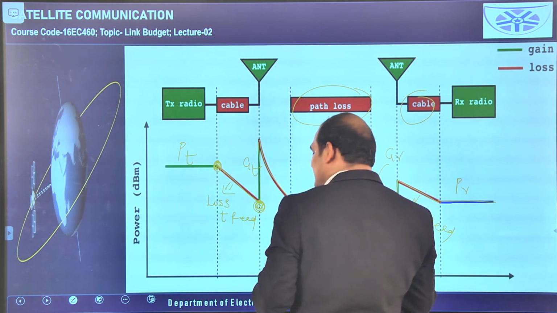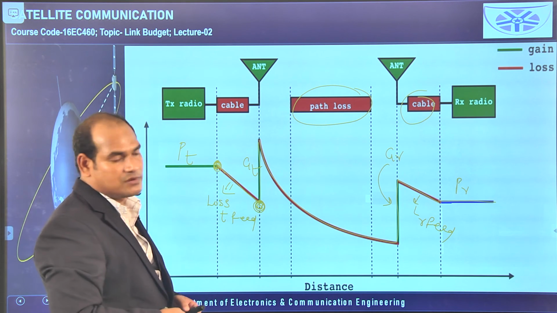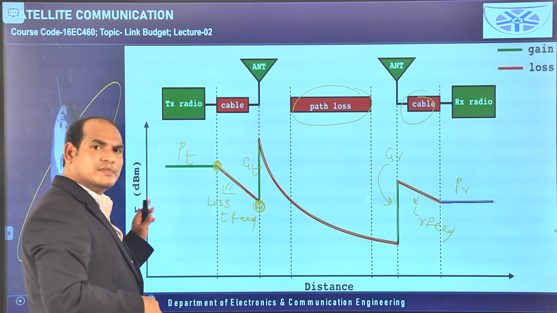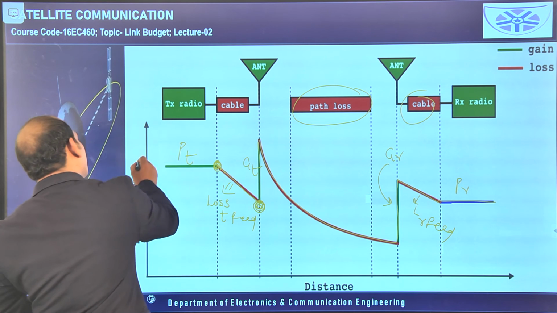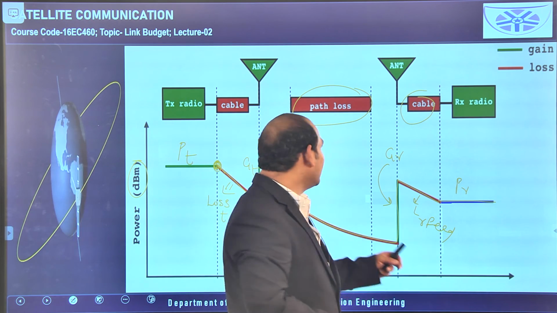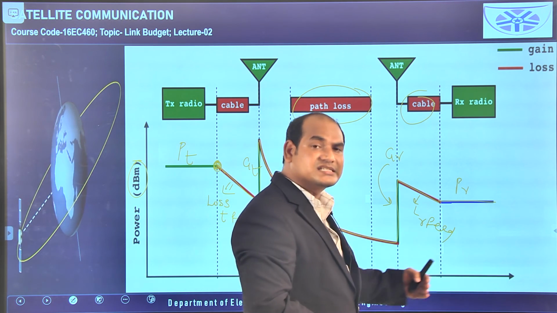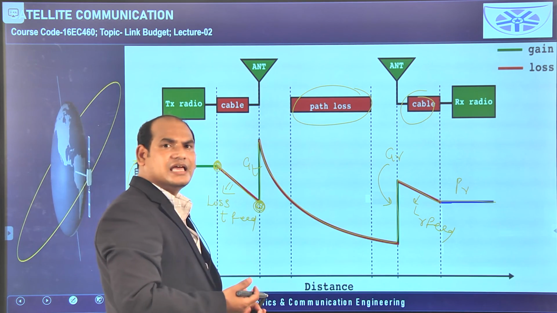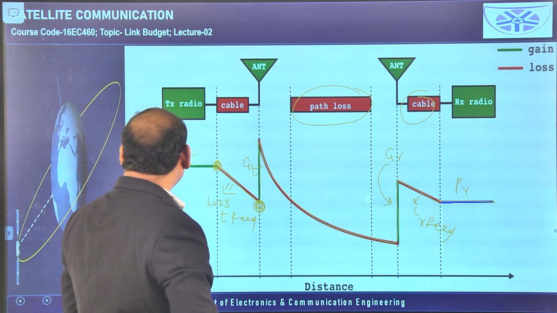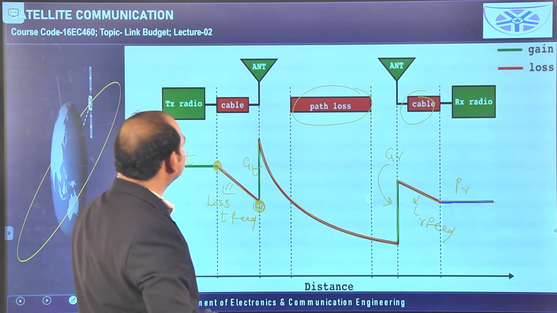In this way, whatever we have taken in terms of equations, the same thing we can write as a graph. Here power is in dBm, that means actually power is taken in milliwatts and we can convert into dBm, no problem, it is not the matter, but the concept is this. As distance they have taken, we are saying the transmitter is here and the receiver is somewhere, so it is about the distance only. As distance goes on, what is happening to the power, how the power is transmitting, that is given here. The power can be measured in dBW, dBm, like that we can take.